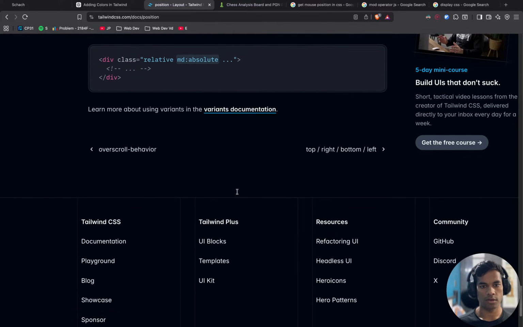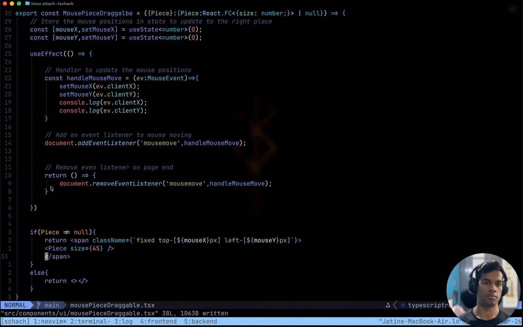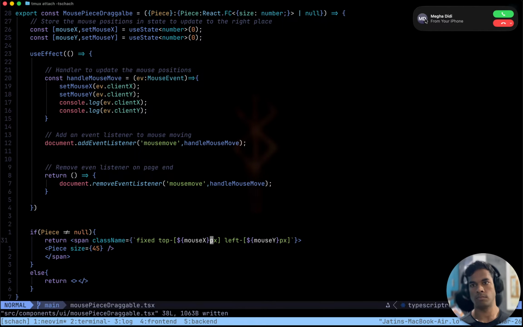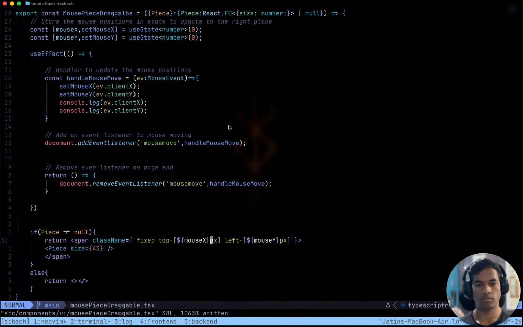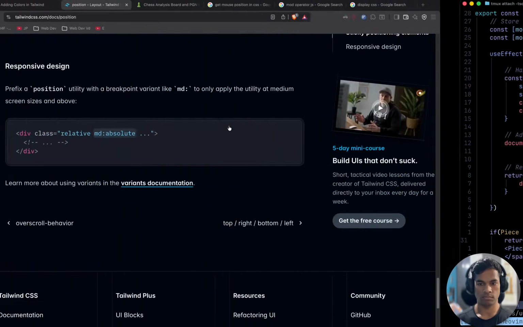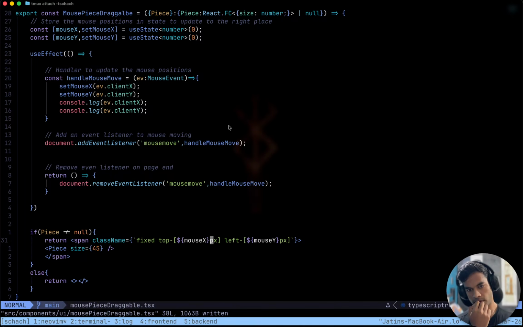Top and all that stuff. Okay, wait. Okay. Top and left are messing up. We are giving them the right pixel values. They are still messing up.